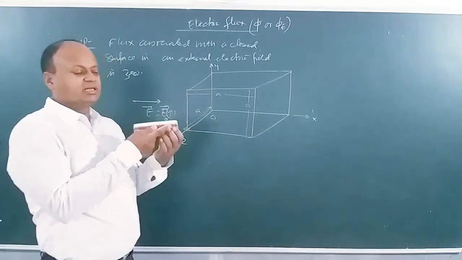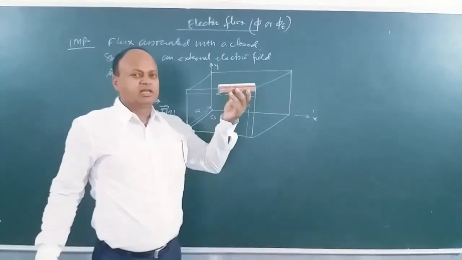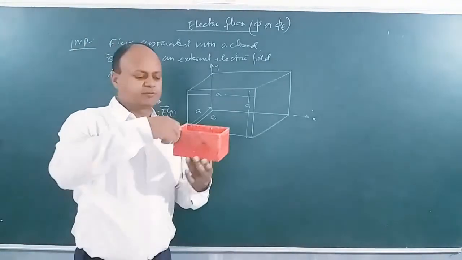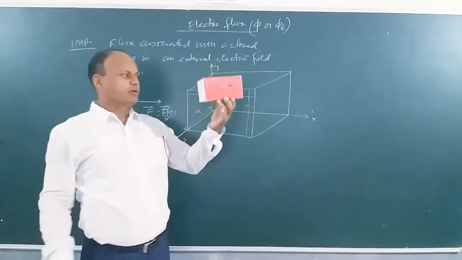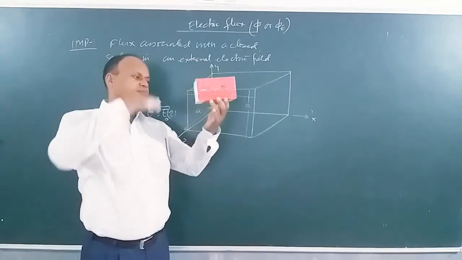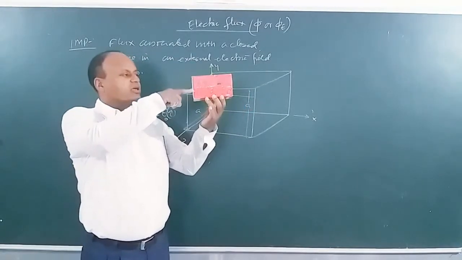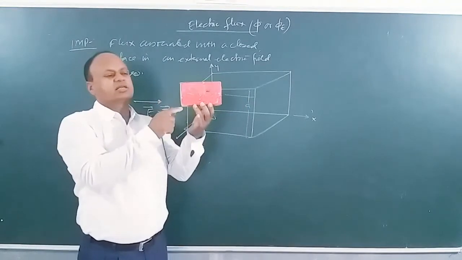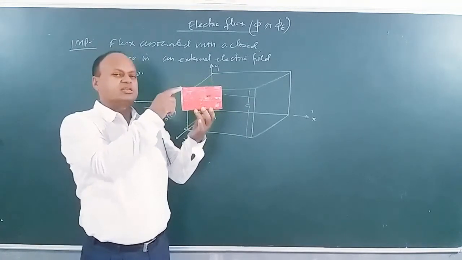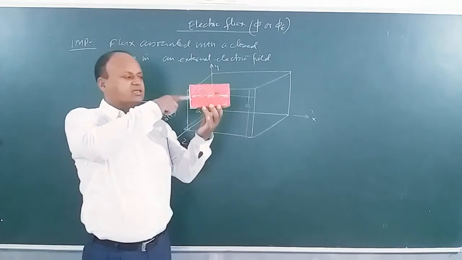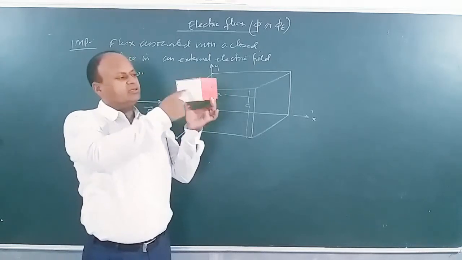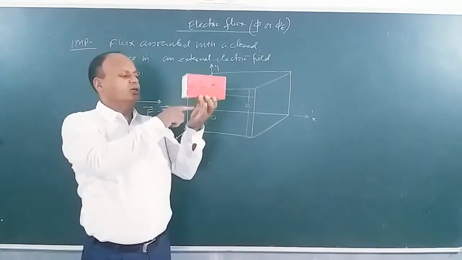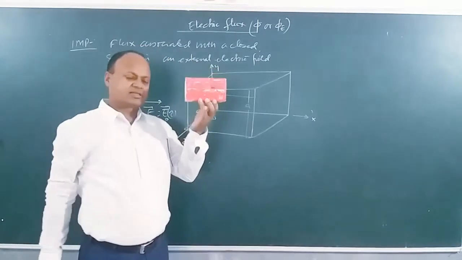I can imagine it like this. If you look at this duster, though this is not a cube, it's like a cuboid, I can use this box. It is not open though; imagine it is closed from the top. This is along the x axis, this is along the y axis, and this is along the z axis. The field is going like this. I'll say this is surface 1, surface 2, surface 3, surface 4, surface 5 and surface 6.